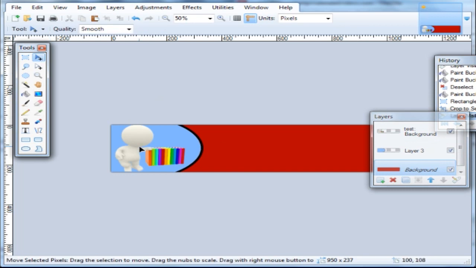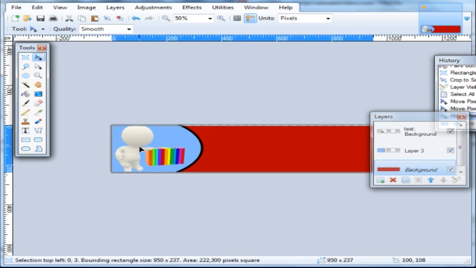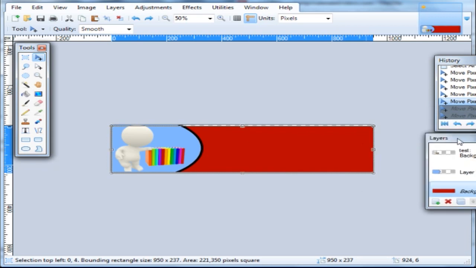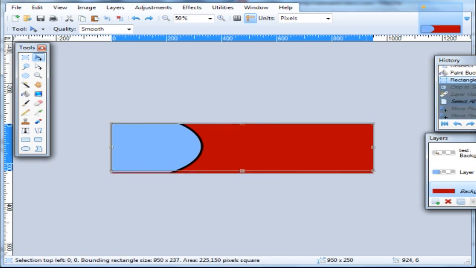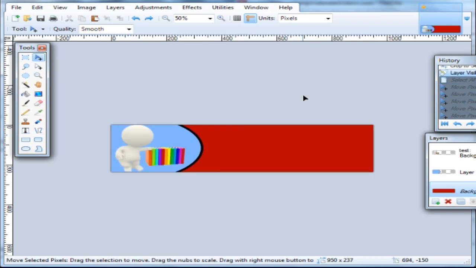Aha, okay, good. Alright, good. So I have that done there, and then let's say that I want to change the background because I'm selecting this red area,